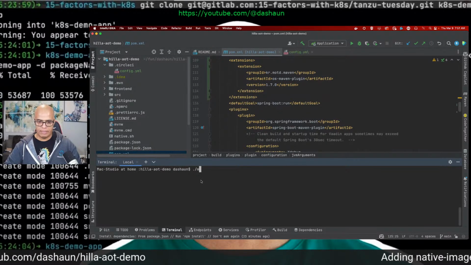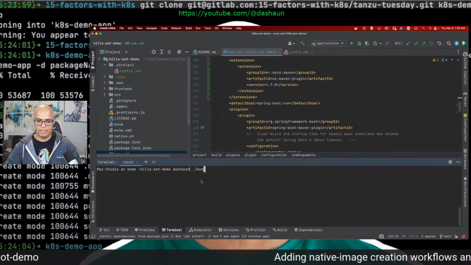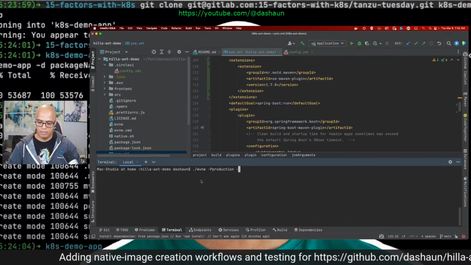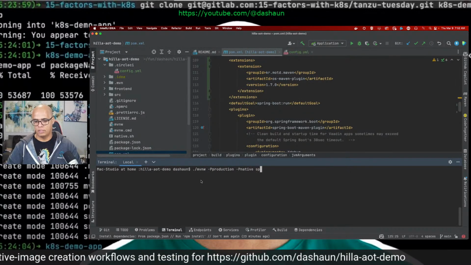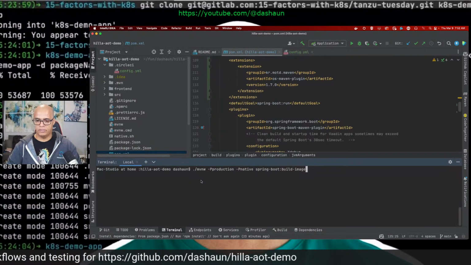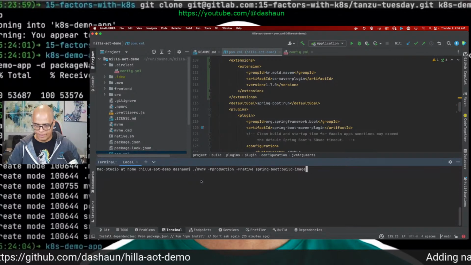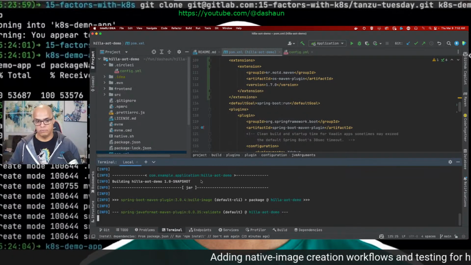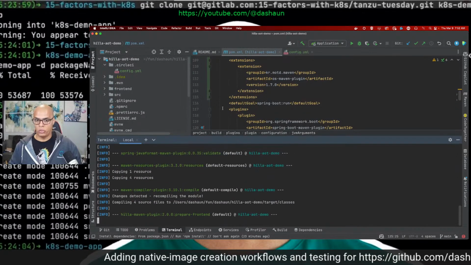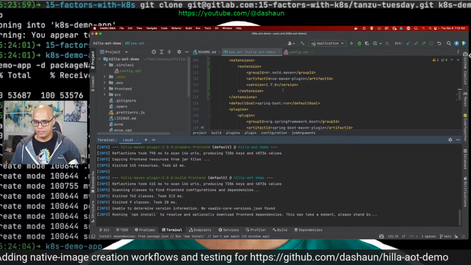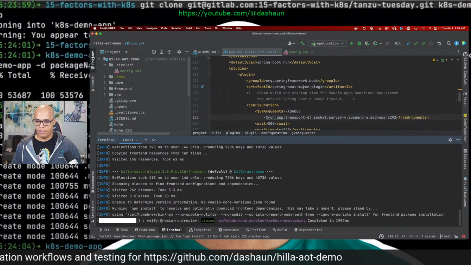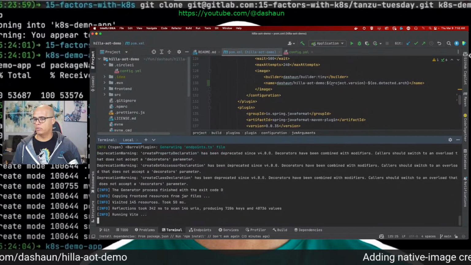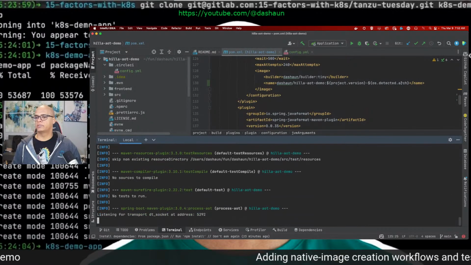So I should be able to do mvnw -Pproduction native:compile spring-boot:build-image, and that's what we're doing. This is going to take a little while because it is the native image, but we're on an M1, so it should not take too long. And what we expect is we're going to have an image with the name Deshaun/Hilla AOT demo with the project version dash